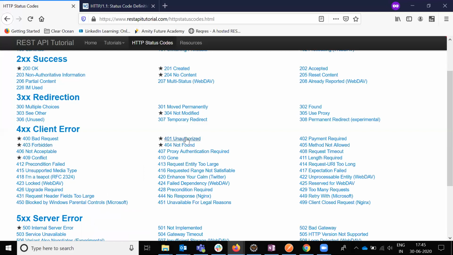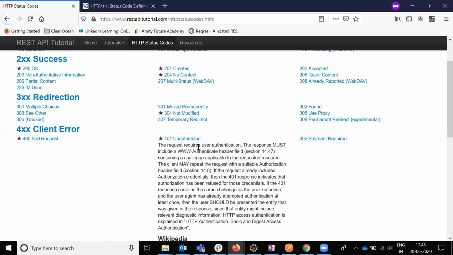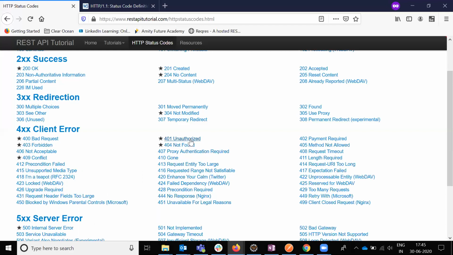Okay, unauthorized. You are using the access token, but that access token is expired, or else you don't have the access token but you are going to hit the API. In my previous videos, I showed demo APIs, which do not require an access token.